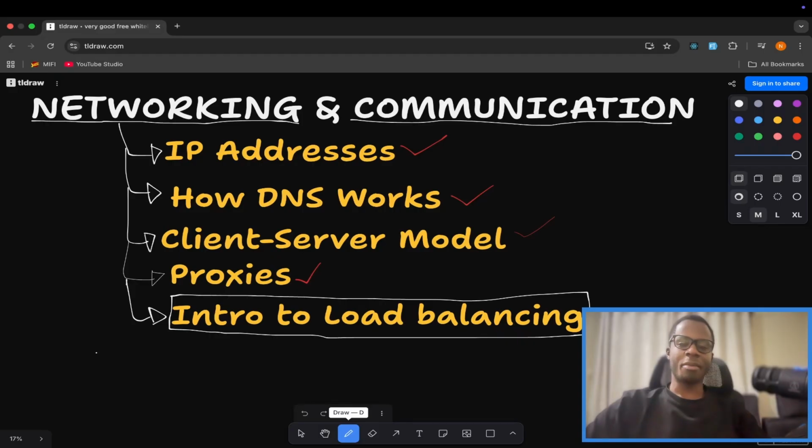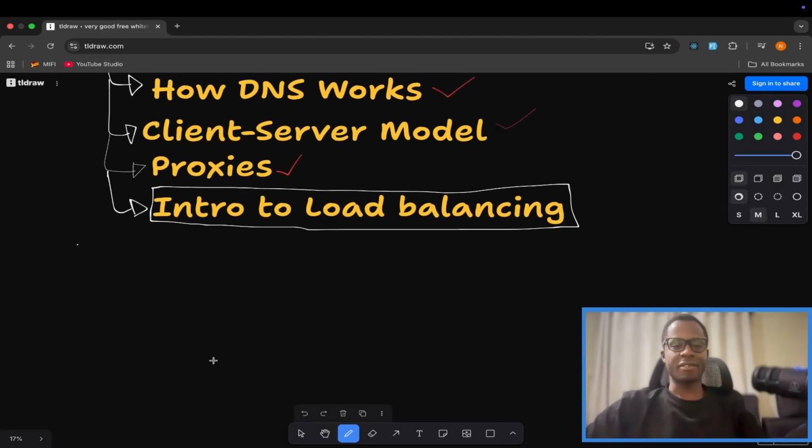In this section, I'm going to introduce load balancing. It's a topic we're going to talk about a lot when studying how popular web applications have been designed. So I thought it wise to introduce it early as a fundamental concept. When talking about the client server model, we talked about clients sending requests and servers dealing with those requests and